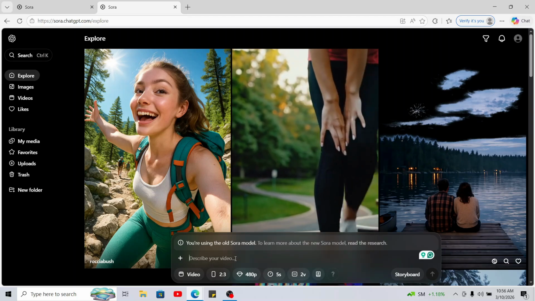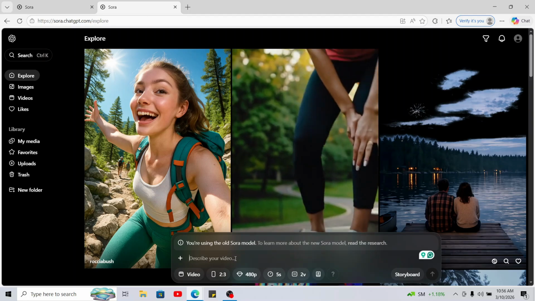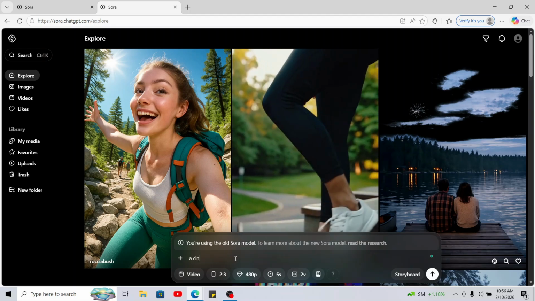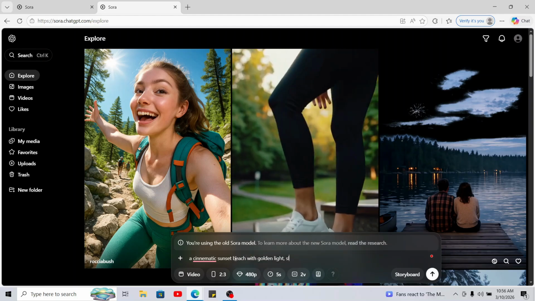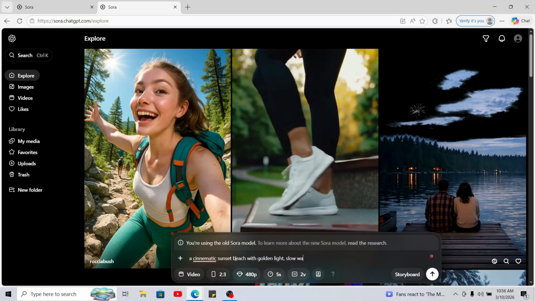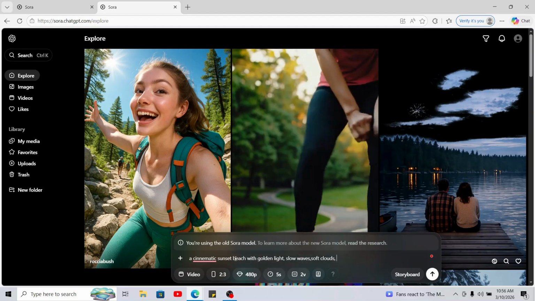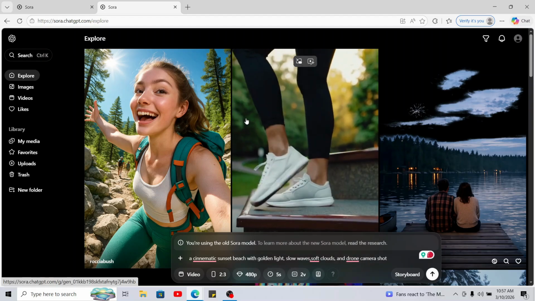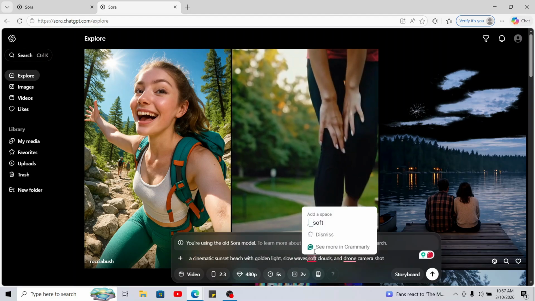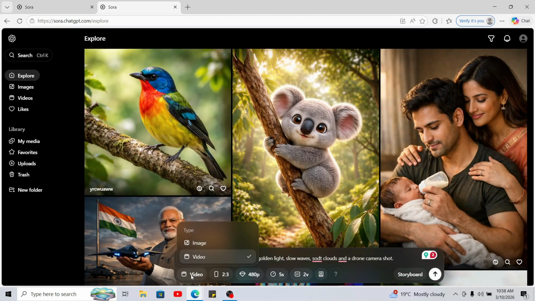Instead of just writing a cinematic sunset beach, we are going to write a better prompt, such as a cinematic sunset beach with golden light. Let's add some slow waves, some clouds. The key here is to add as many details as you can. Let's enter the prompt carefully. Try to be more descriptive. Add little small details, and after writing down the detailed prompt, you can also select if you want a video